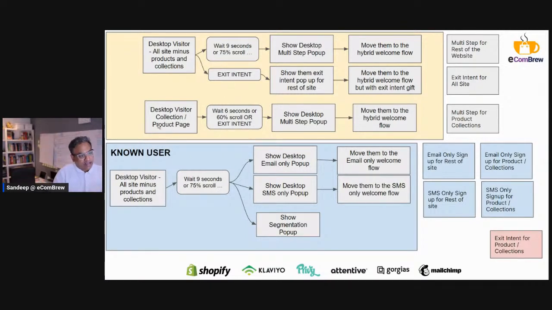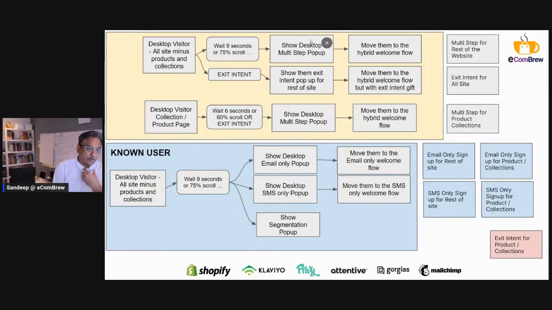Now let's talk about collections and product pages. Now, these are the pages typically when you look at Shopify stores, it's shopify.yourbrand.com/collections/all or collections/specific collection name, or it could be product/product name. Either way, those pages are slightly higher purchase intent. So in those cases, you still want to have a different pop-up, but you want to have a pop-up language